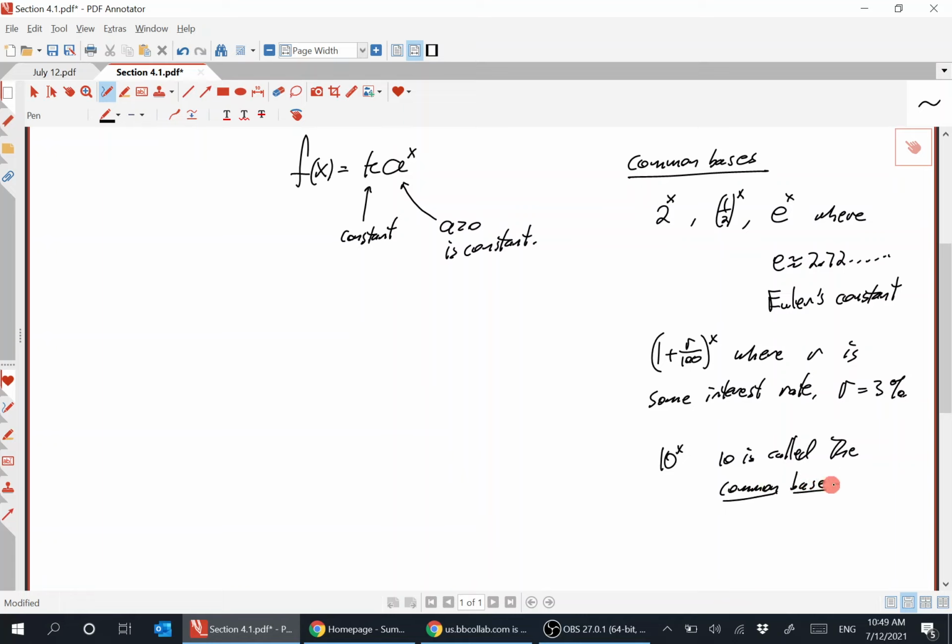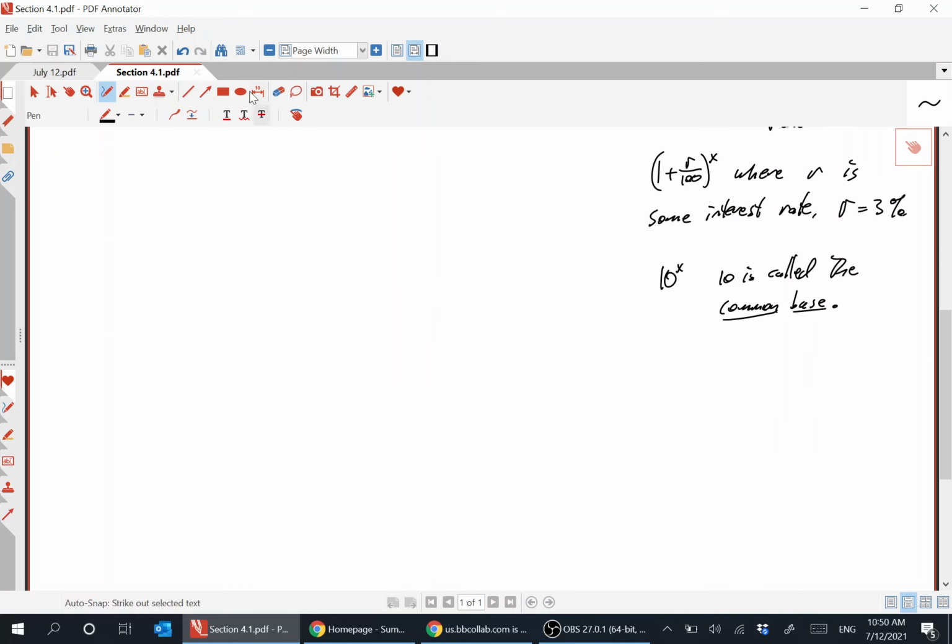Which base is the most commonly used? Well, it depends on the context. 10 to the x is definitely one that's used a lot. I think e is probably the one that's used the most. And then in computer science, the 2 is used a lot. All right, so for example,